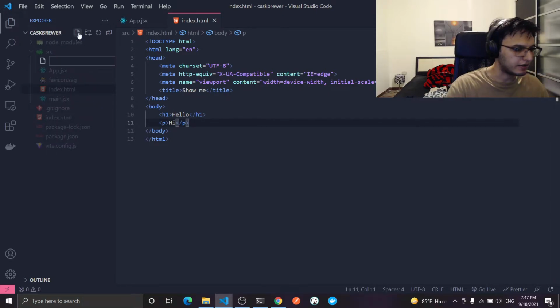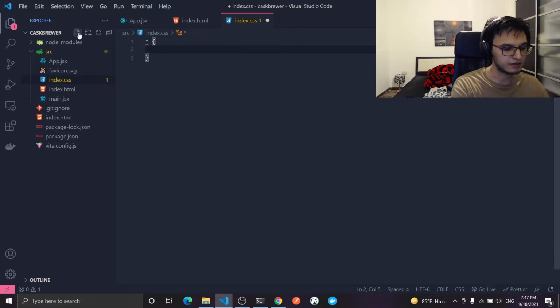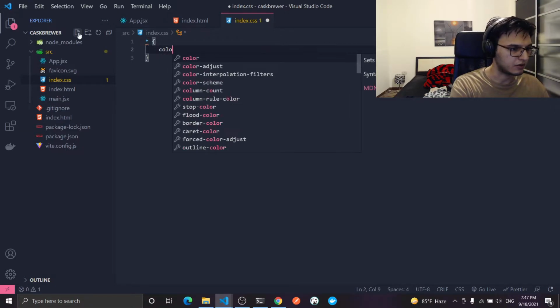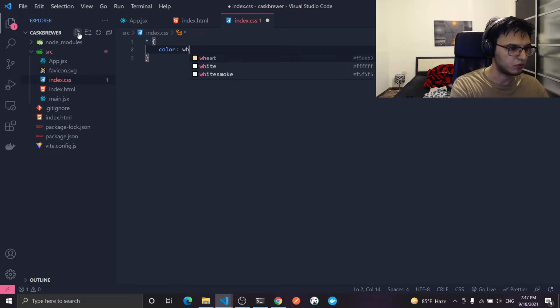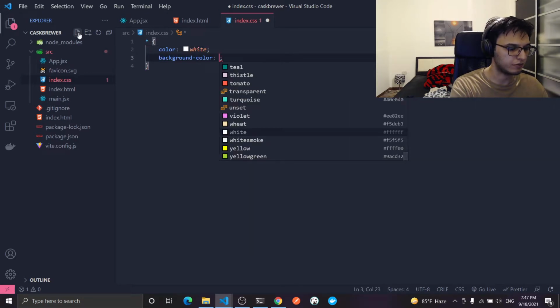and I will create an index.css. So I'm going to add star, which means everything. The color will be white, and the background color will be black,